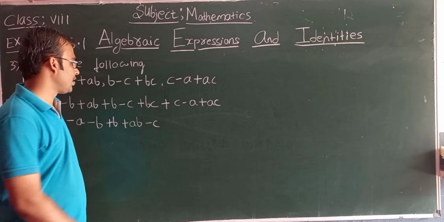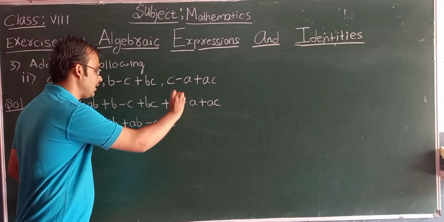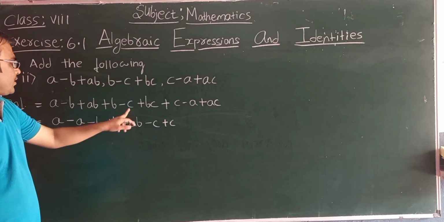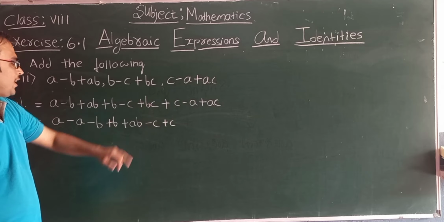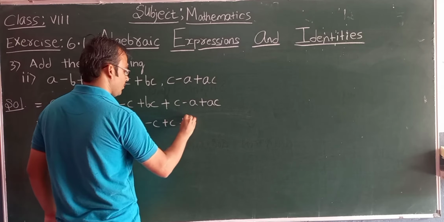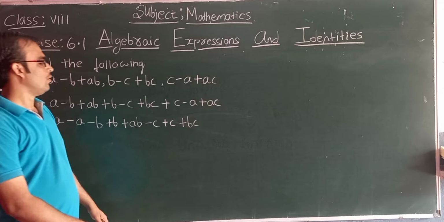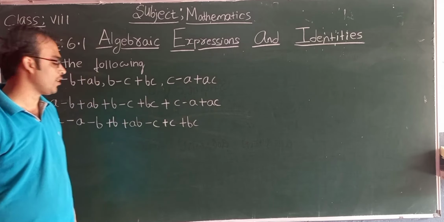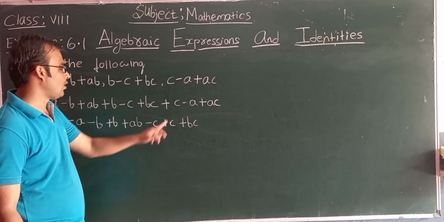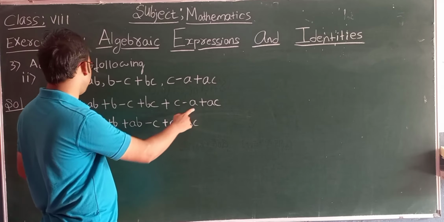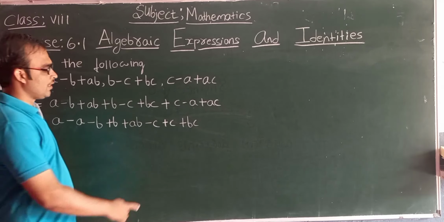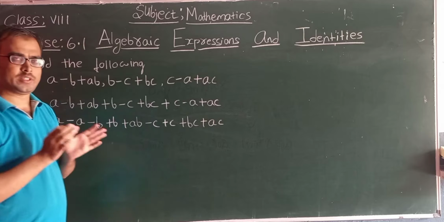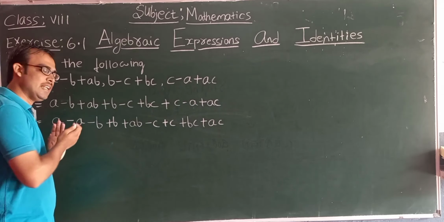Okay, here C is there. Plus C is there. So write plus C. No, there is no other C. And next we have done C and write BC. Just check whether there is any other BC. No, there is not any other BC. Now this C we have written, and minus A we have already written, and what is remaining here? AC is remaining. Okay. So in this step we have grouped the like terms.